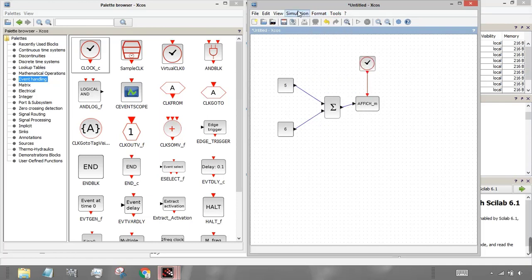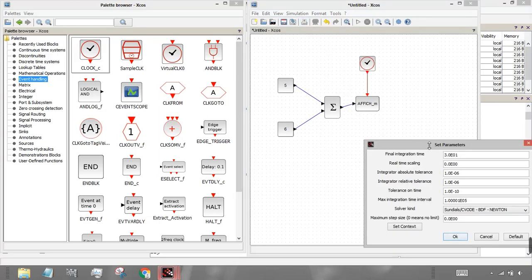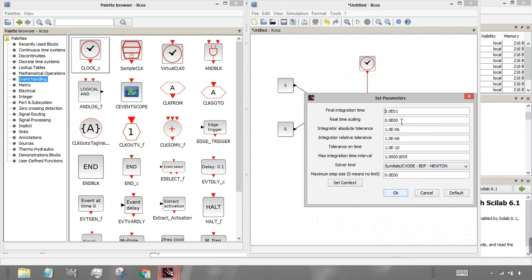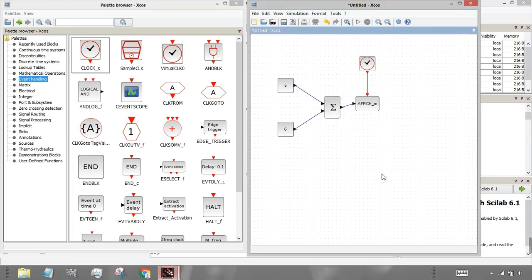So you just go to setup and over here you can select how much time you want to run. So whether you want to run this for 30 seconds to 100 seconds, so you will get to know what is the importance of this time as we go. So for current we will just keep as it is and then click OK and just run this. So it will run the simulation and it will just give you the answer of what is the expected addition. So 5 plus 6 is 11.